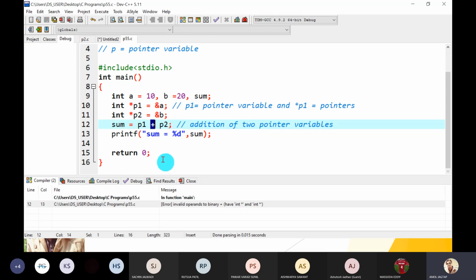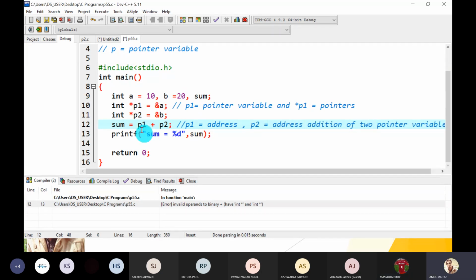Guys, is it possible? No. Why is it not possible? Tell me, p1, what does it store? Address. Exact. P2, what does it store? Address also. So adding two addresses gives you a third address. No, it is not possible in real life also.